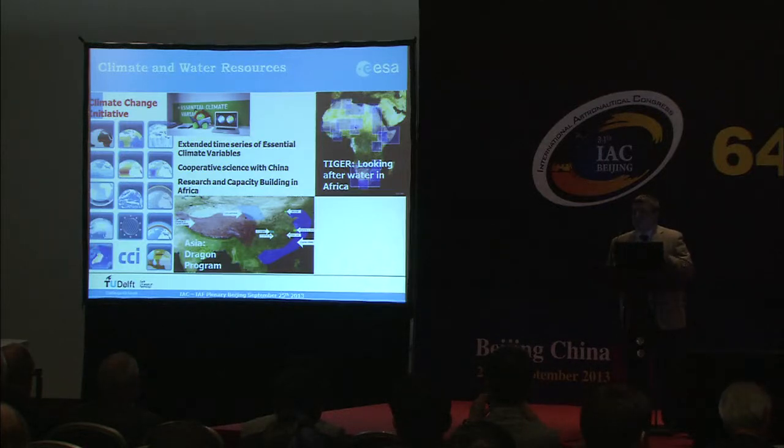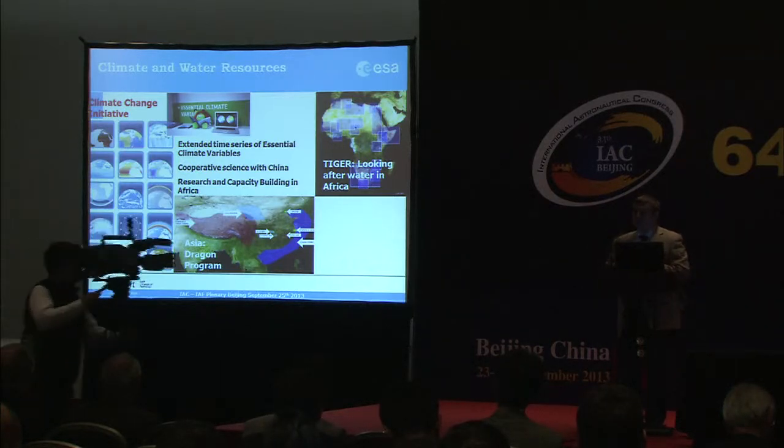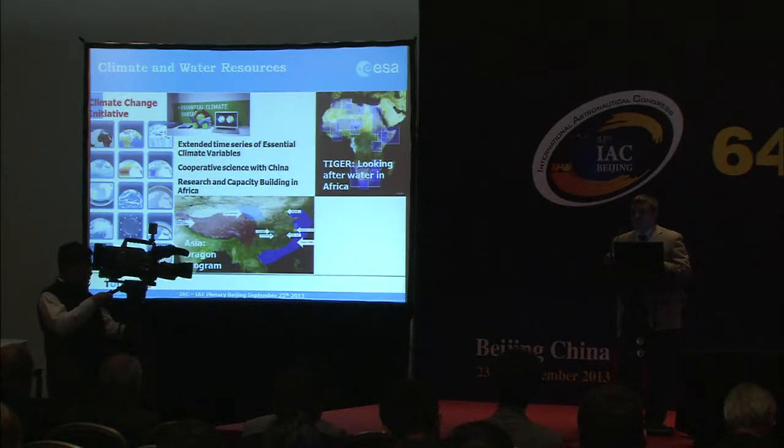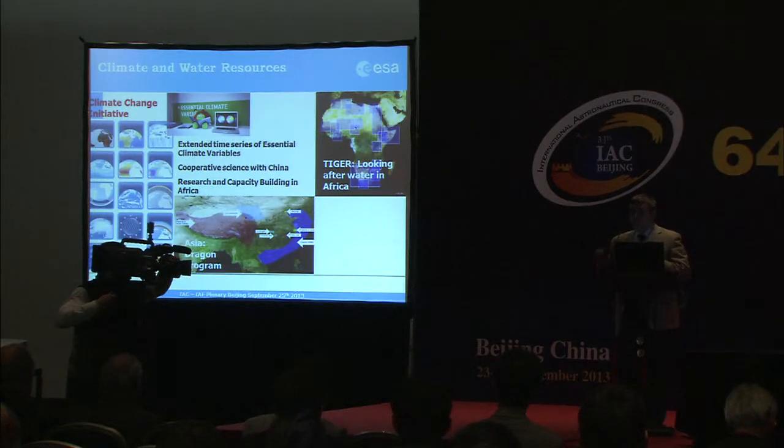On the one hand, over the last few years, it has launched the Climate Change Initiative, which is specifically doing the development of extended time series of essential climate variables as defined by the Global Climate Observing System. And these are, in principle, 30 years time series of consistent data on biophysical, geophysical variables extracted from